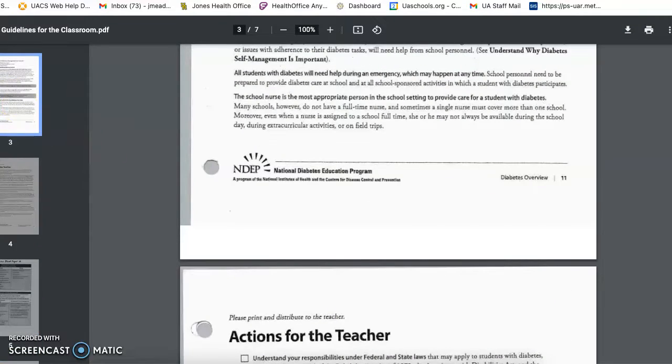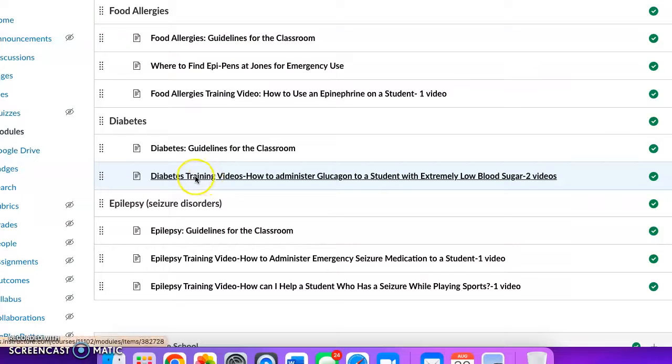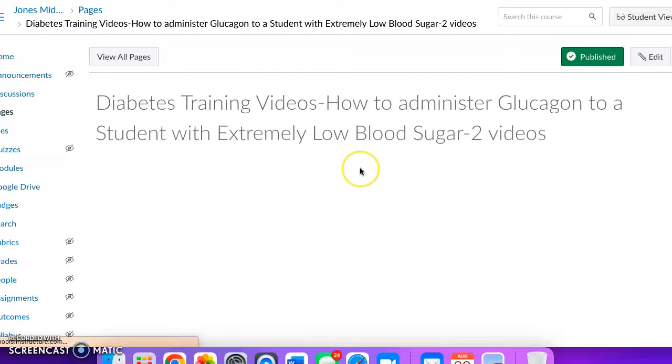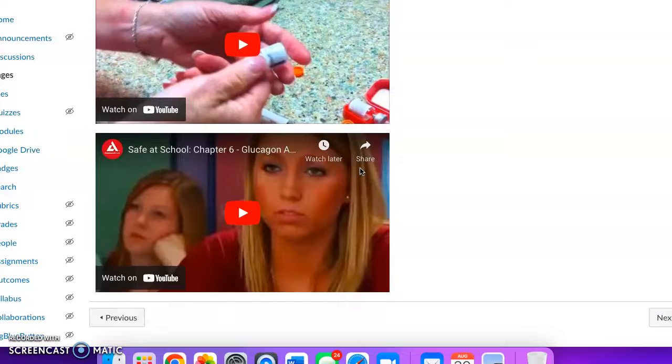Okay, so that is diabetes, and I just logged out. That is the training video for diabetes glucagon administration. This year and last year, the glucagon that used to be in a shot format is now available in a spray, and there are a couple videos here that are really good. These are with the